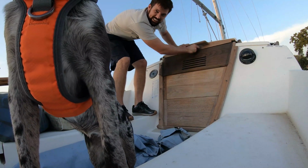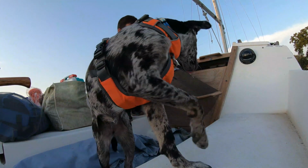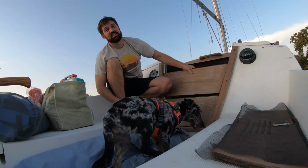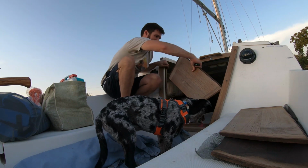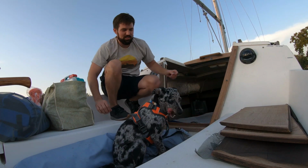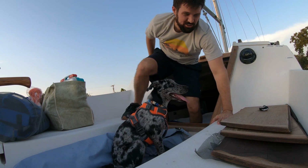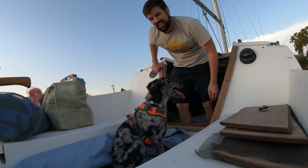Now this boat is a sailboat, which is different than most boats because it uses a sail and wind to go forwards. This boat also has been really well taken care of. It hasn't been used a lot in the last 5, maybe 10 years. So there's a couple things that really just need some touching up. And the first thing is